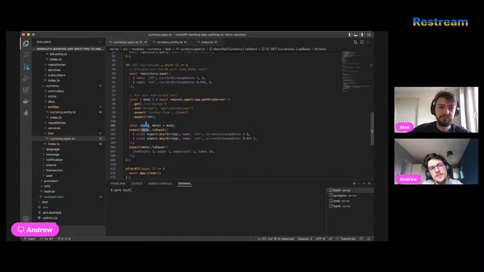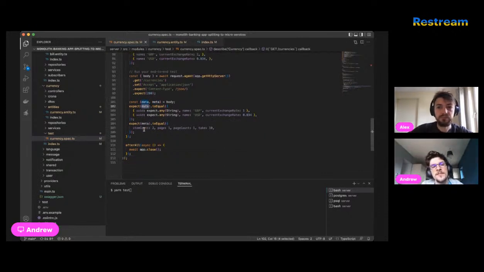From the body, we have two things. We have data, which is part of the functionality that should be described in Swagger. We have data and meta. Meta is information about the pagination and stuff like that, and the data is real data provided by the service itself.